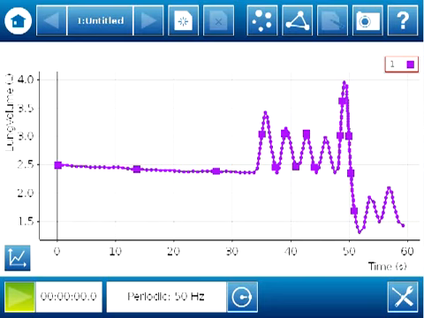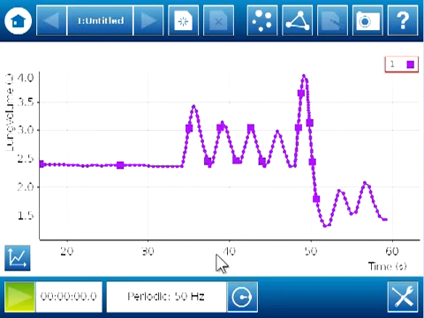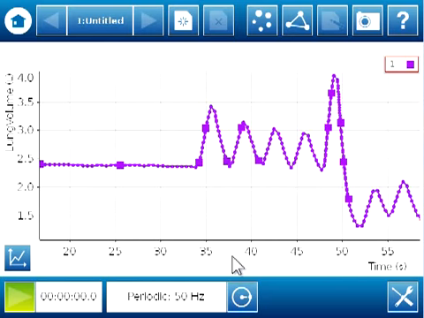For the first 35 seconds or so, you can see on the graph data was collected, but there was no change in lung volume. During this time, I was not breathing through the spirometer mouthpiece. To get a better view of the data I'm interested in, I'm going to slide the graph over and stretch the x-axis. Now you can see I have a much better view of the data that shows those changes in